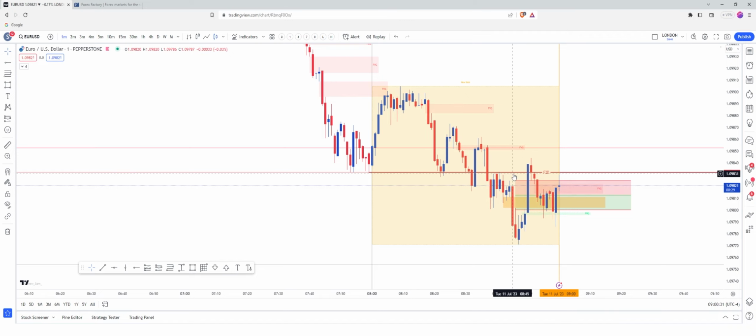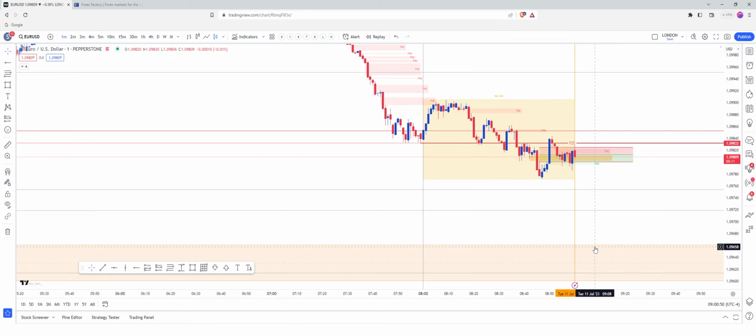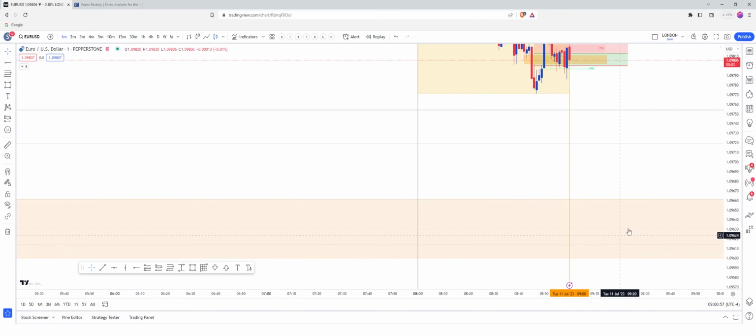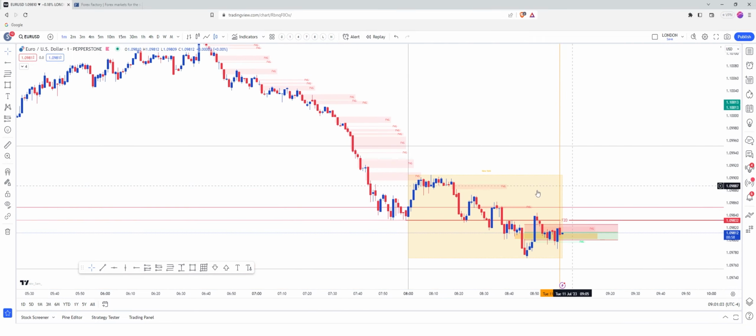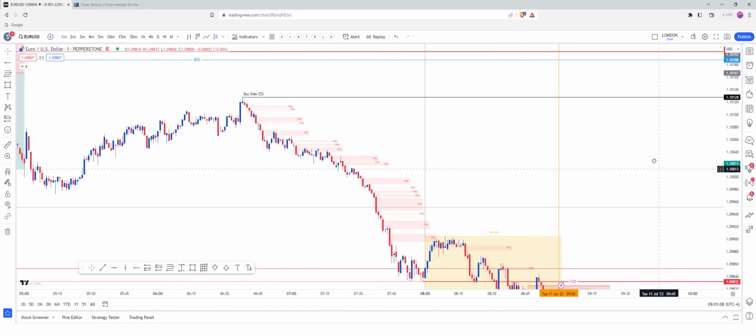So this did sweep and break liquidity, so there was a potential that you could have got long there if you were really aggressive. For me, I'm wanting some extra confirmation here, and I'm wanting to see us pull back into this range here and have an official failure to displace below the London low. If we start breaking down here, then we could potentially be looking to follow the trend to at least hit the new week opening gap. So this could be a continuation trade down to the lows. If we pull back into the range, it could be a reversal trade, 2022 mentorship style, into this liquidity up here.